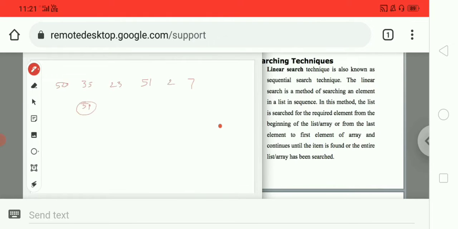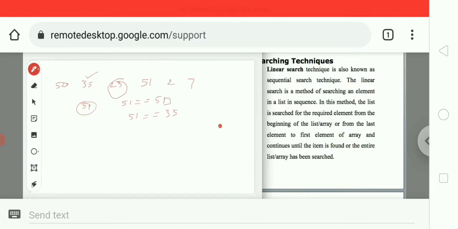For example, here our first value is 50, so we have to see whether the key value is equal to the first value or not. If the condition is true, our searching process is finished, otherwise it goes to the next index value. Here also it checks whether the value is equal to this value or not. If it is true, it will be executed, otherwise it jumps to the next block.